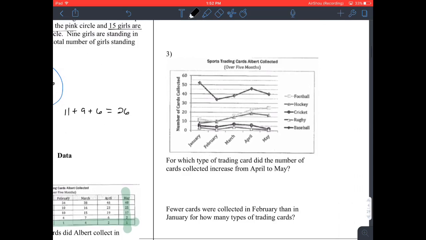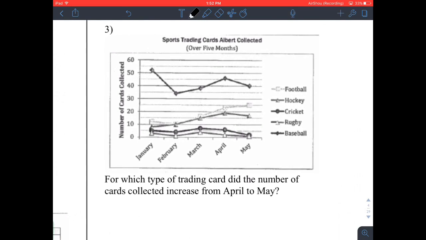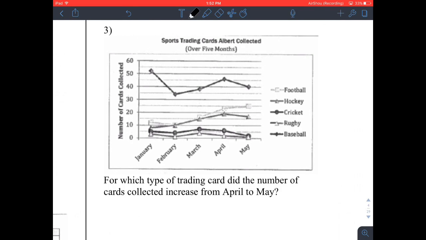Another type of graph is a line graph. Over a 5-month period again, number of cards collected. Which type of trading card did the number of cards collected increase from April to May? So the window we're looking at is here from April to May. If you look at